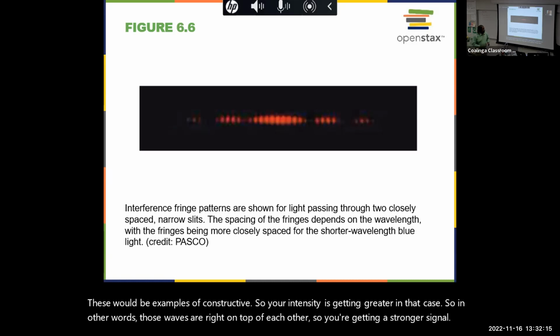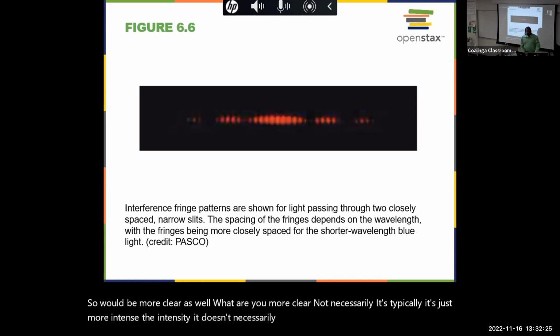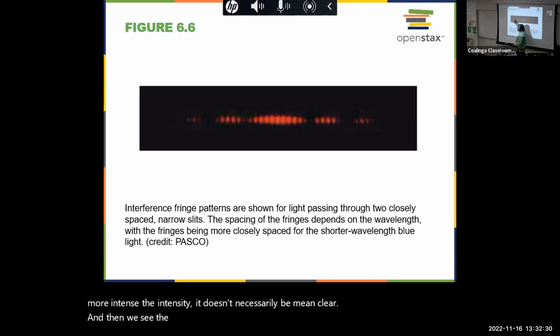Would it be more clear, the signal? Not necessarily. It typically is just more intense, the intensity. It doesn't necessarily be clear. Now, when you see the other cases where we have